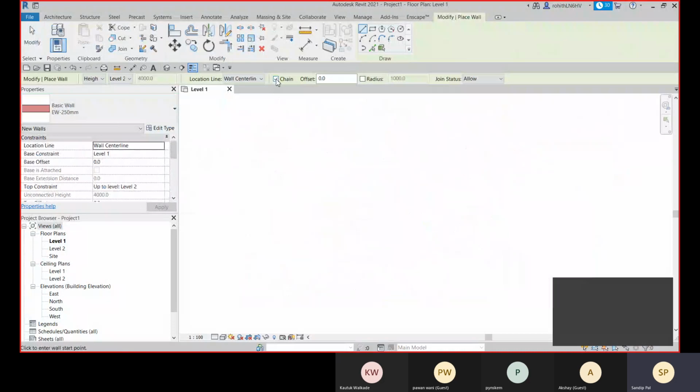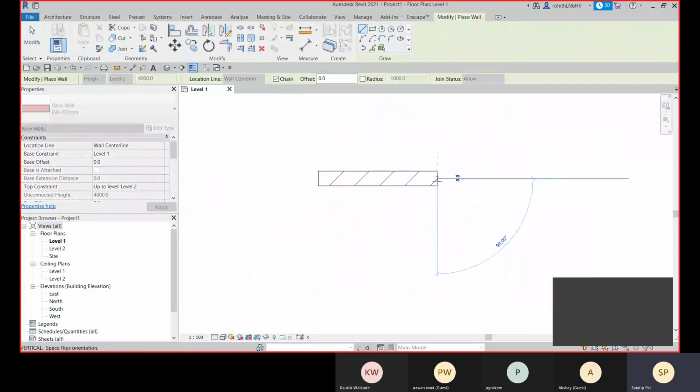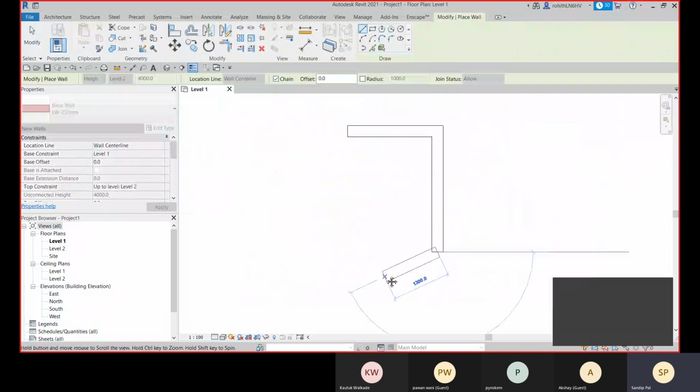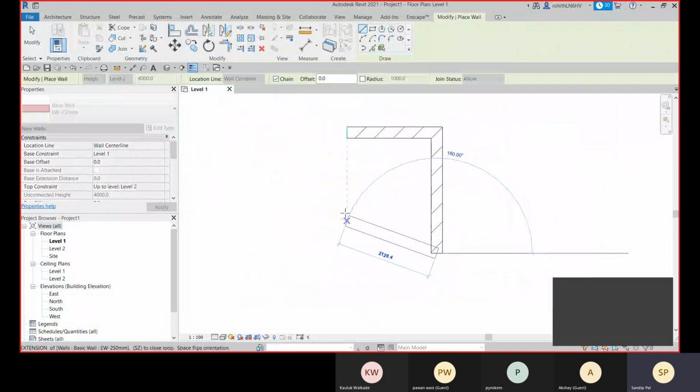And here you can see the chain option is checked. That means when you end a wall segment and start another segment, it will connect like a chain. All right, but if you uncheck this chain option,